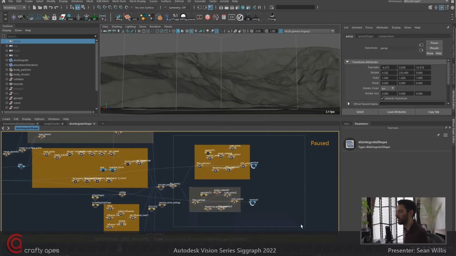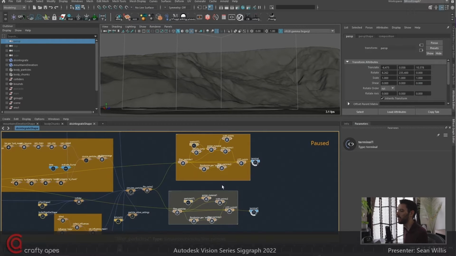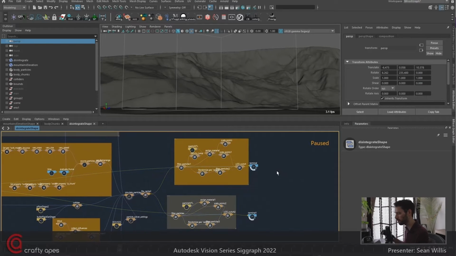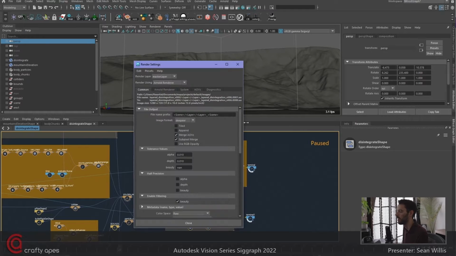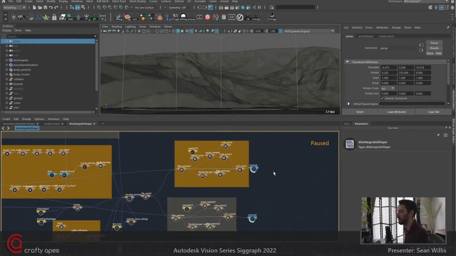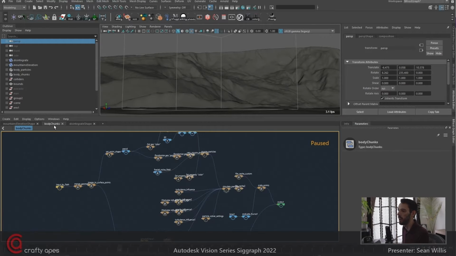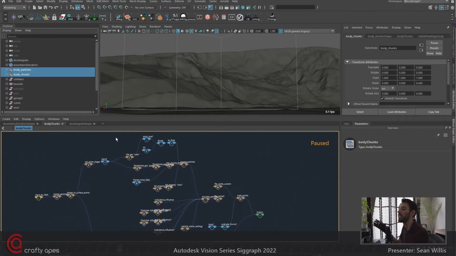And up on this top right corner, this is where the rendering stuff happens for Arnold. If you're rendering outside of the graph, what you want to do is you want to convert it to a board, and that way you can use it to control your render layers. So you can output different things into the different render layers. Because currently, Bifrost doesn't have any shapes that it's actually outputting. But in this, the body chunks area, we have body particles and body chunks. These are actually Bifrost output shapes from the board that then you can add into your render layers, and you can split them out by that.